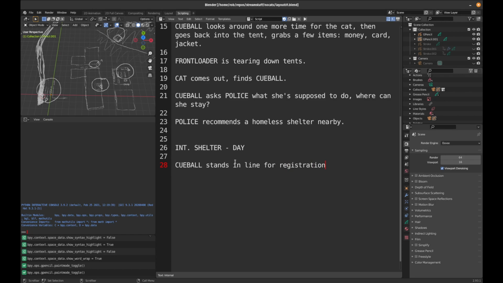So she's standing in line to get registered and checked into this place. It's like a little lobby, maybe a few other people in there. And importantly, the cat is tucked